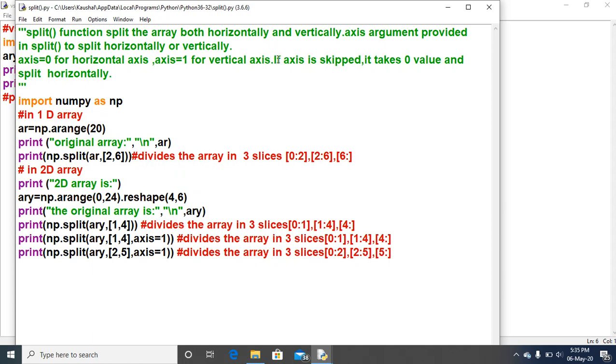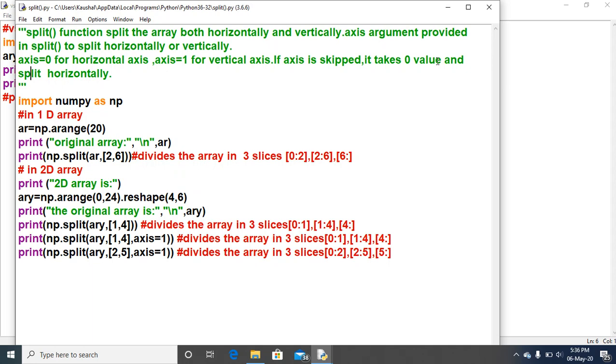The third main thing is that if axis is skipped, the axis argument is optional. When you do not use the axis argument, what happens? Then it takes 0 as the default value and splits horizontally. Clear? So keep two things in mind: the split function takes the argument axis.